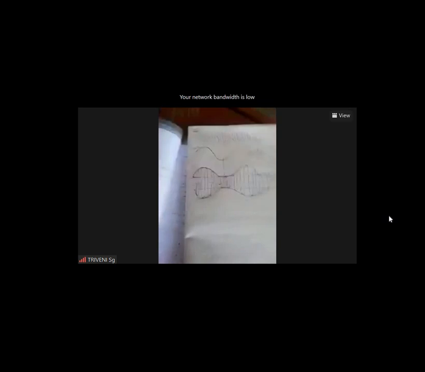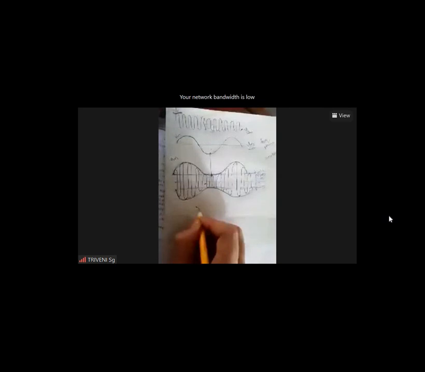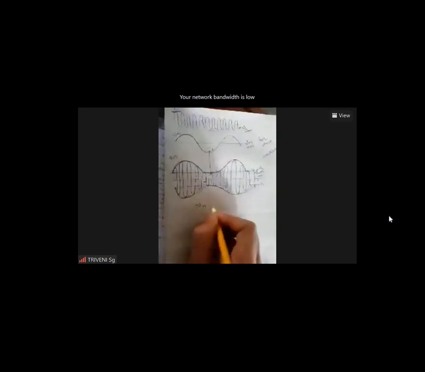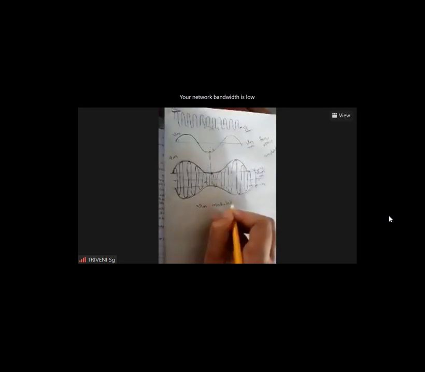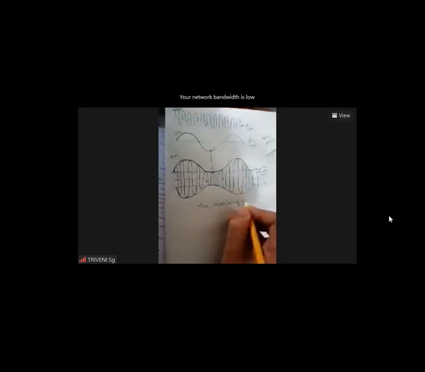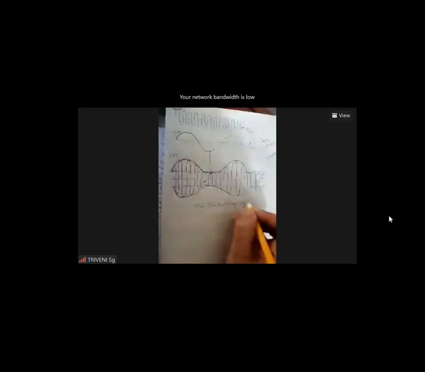Now, we are going to derive an expression for the time domain equation. So, in order to do that, first of all, I am writing the equations for each and every signal here. Here we have both the signals, Vm, that is the modulating signal. Okay, that is the modulating signal. And one more signal we have, that is the carrier signal.